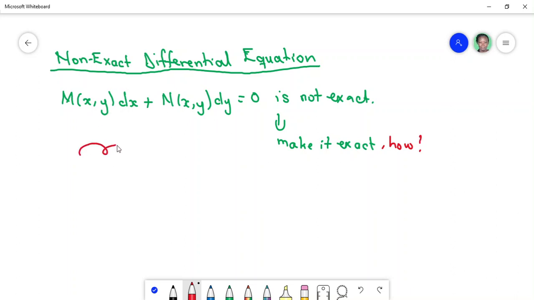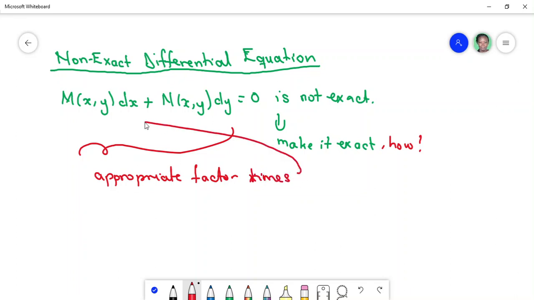So we look for an appropriate factor, and with this appropriate factor, we multiply our differential equation. So look for an appropriate factor and multiply it